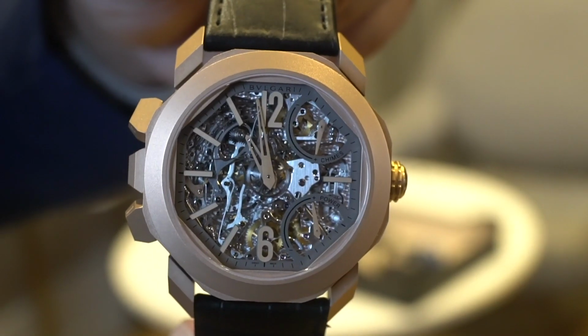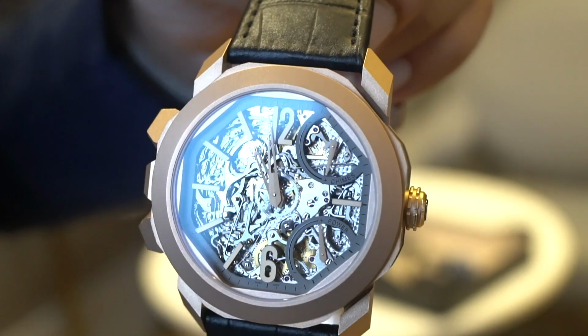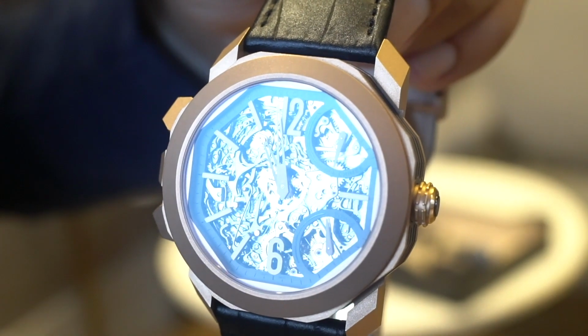And there are 850 to craft and 850 to put together, to check, to tune. We have an acoustic laboratory in Le Sentier, which sounds like if we were at Armand Cardon or at Bose, so it's quite funny. And this is the first we made for 2019. So Grande Sonnerie, Petite Sonnerie,